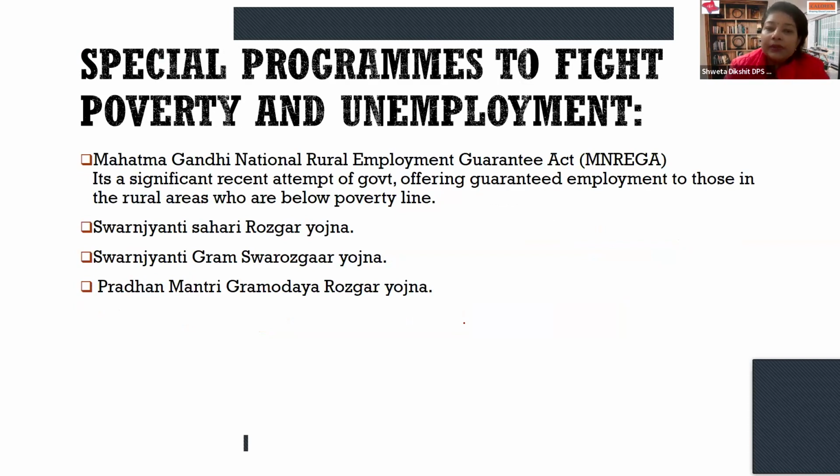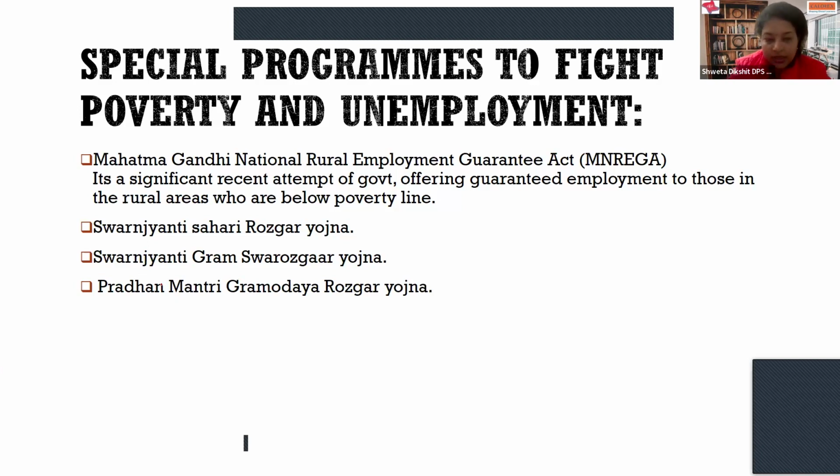What are the different programs which are run by the government? See, we are a socialist economy. I mean, we are a mixed economy, whereas in the constitution, we have a proposal of socialism, that is social equality and social satisfaction. So under this, the government of India has to fight with all the challenges being faced by the population living in our country. So we definitely do not have to talk about the poverty schemes, but yes, those schemes which have been working for the solutions to the problem of unemployment.